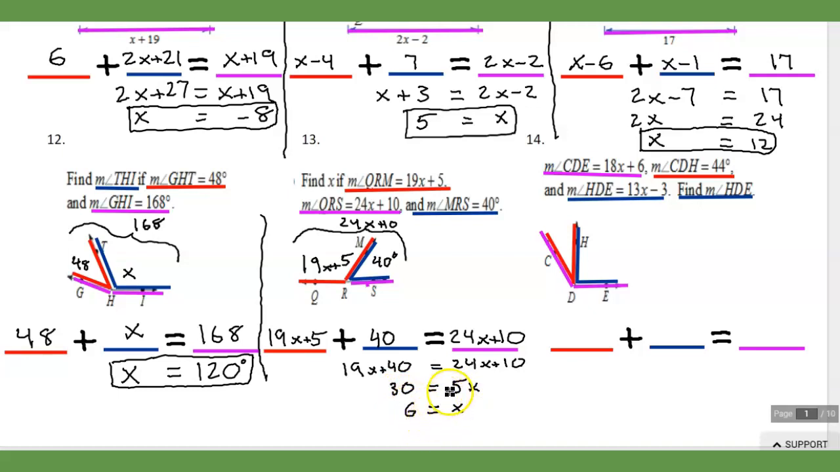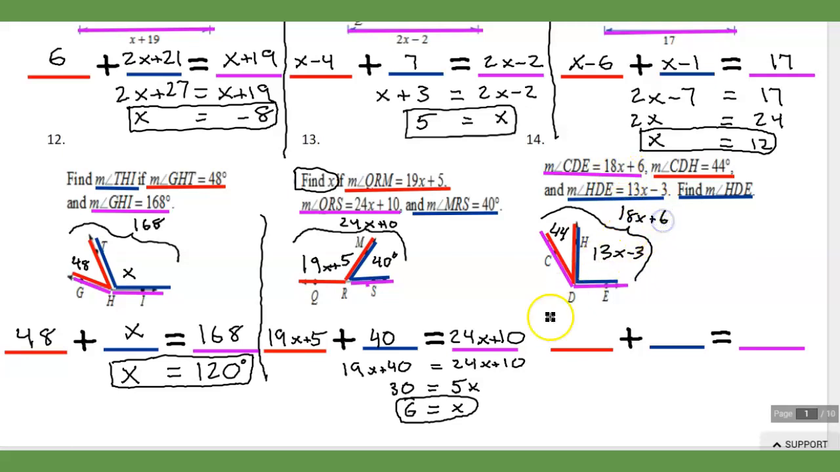But remember, we're trying to find x here. Okay, so we are done. So that's our final answer. Always checking to make sure we got the real answer. The last one, we have the red, which is 44. We have the blue, which is 13x minus 3. And then the big angle here, which is 18x